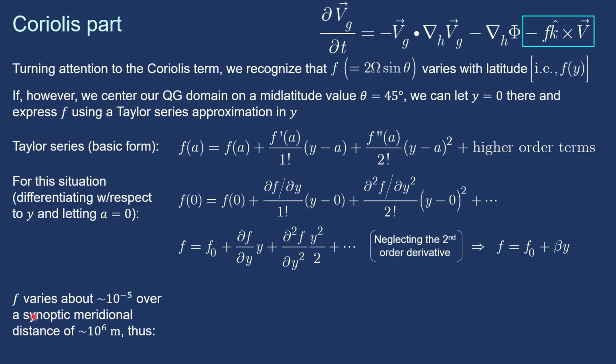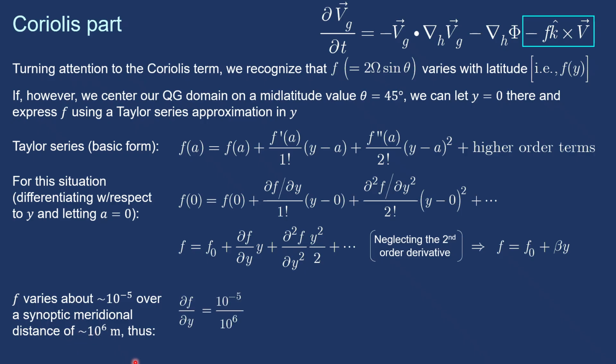I figured this by computing f at 40 degrees latitude and computing f again at 50 degrees latitude, which gives you, to a first order of magnitude, about 10 to the minus 5. Now, the horizontal distance between 40 and 50 degrees is not exactly 1,000 kilometers. It's more than that. But to the closest order of magnitude, that's about correct. So using those variations, the variation of f, 10 to the minus 5, and the variation of meridional distance of 1,000 kilometers,